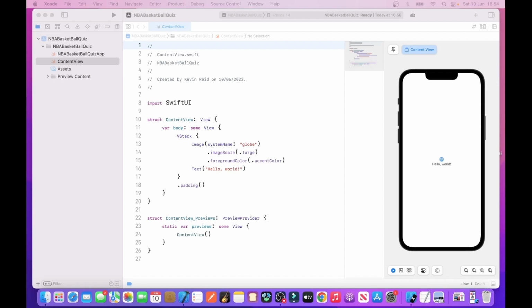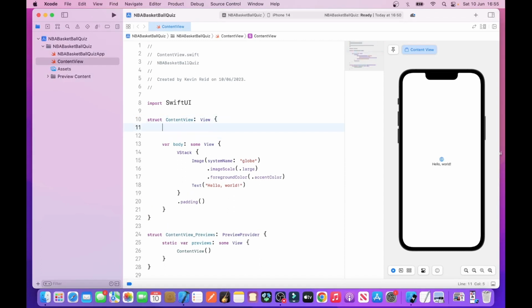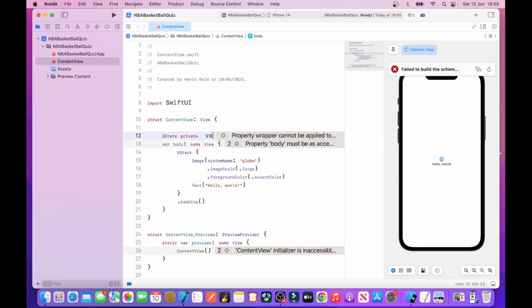Within your SwiftUI project, enter into the content view, and then on line 12, enter the following: @State private var currentQuestionIndex = 0,